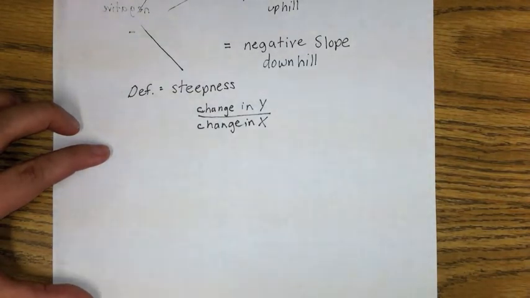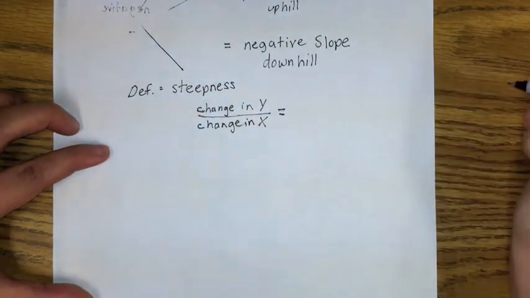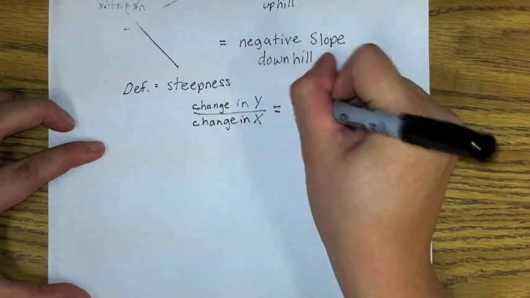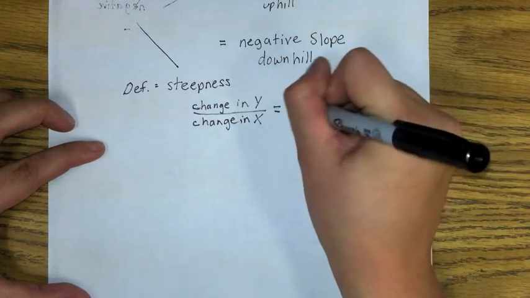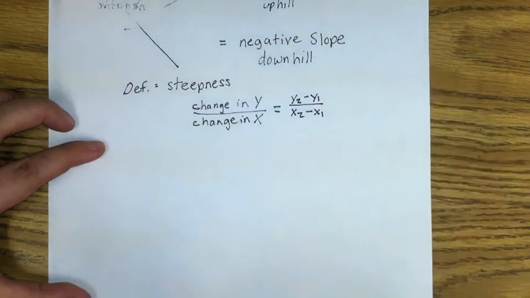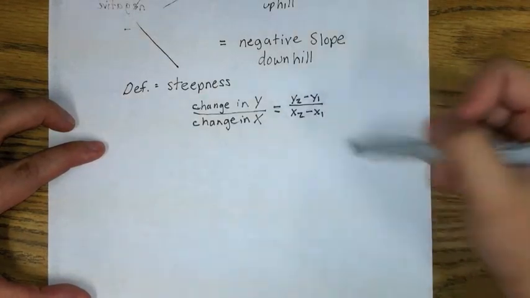This is confusing. This is actually the formula that I would like you to use. It's y2 minus y1 over x2 minus x1. Where are these coming from? They're going to be coming from the